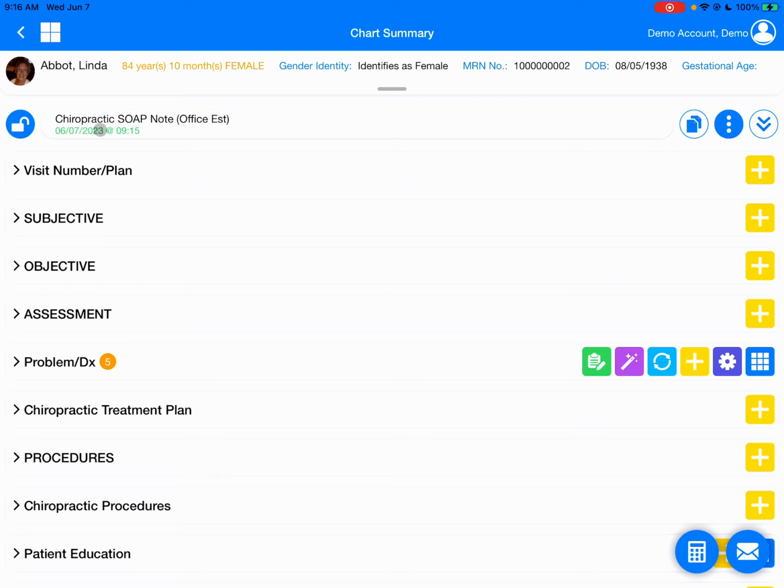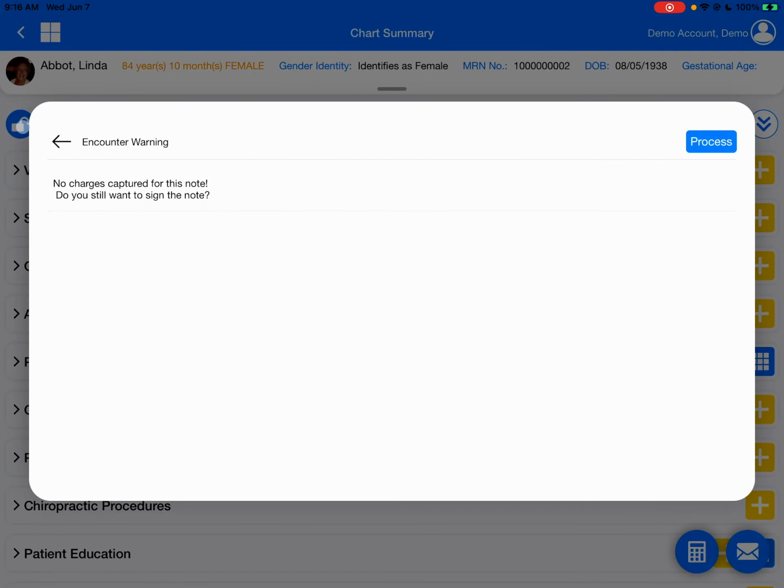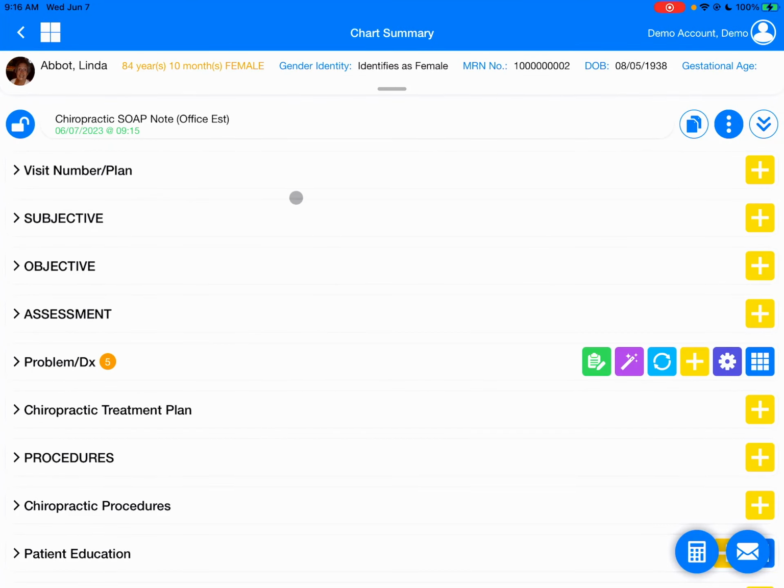We can see our date and timestamp. When we're ready, we'll notice this little lock icon. We can choose to sign the document, and it'll actually provide us some warnings before we sign it. Obviously, we haven't done anything with this note yet, so it's going to find some warnings. We haven't put any charges in, things like that. So it'll give us some warnings and allow us to continue or to back out and work on those